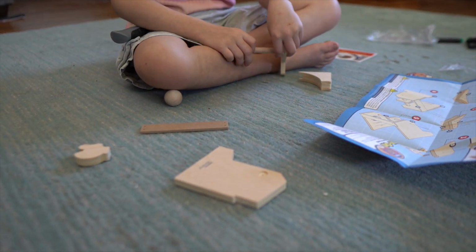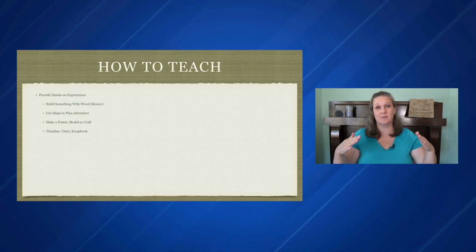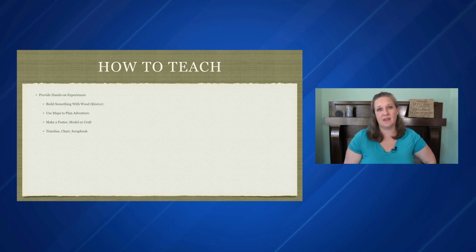It creates connections with math. They're going to be able to see angles and how they work together, and engineering. It's nice that those angles work together, but once you put it in 3D, are they going to stand or are they going to fall? So it really brings this learning into a realistic place where they can use it in the real world. And again, that's personally applicable, so it means a lot to them.